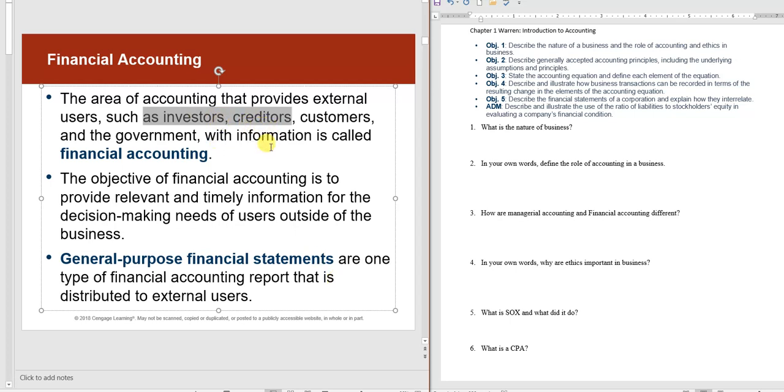So what I like to say is, financial accounting is more akin to, let's say, if you play intercollegiate athletics, you have the rules for the sport. That would be financial accounting. So somebody can come in and assess your play, tell you whether it's good play or not because you match that against the rules. Where managerial accounting is more like practice, so you can tweak some of those rules as needed within the firm. So managerial accounting is inside the firm, financial accounting is for external users. And because we have external users, you're going to find out there's a more stringent set of rules.